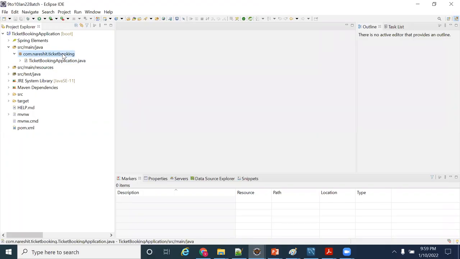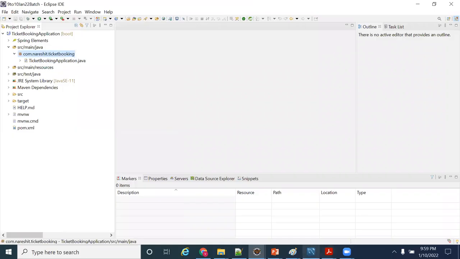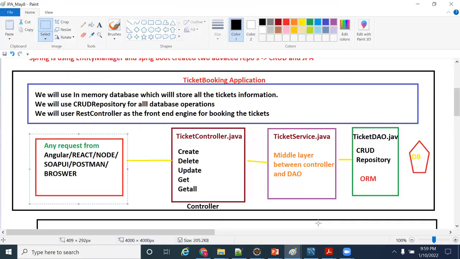From where do I need to start? Our layered architecture, right, guys? Controller, service, DAO, DB. Am I right? Do we need to start from here or from here? We'll write from here, right? So that everyone will understand.